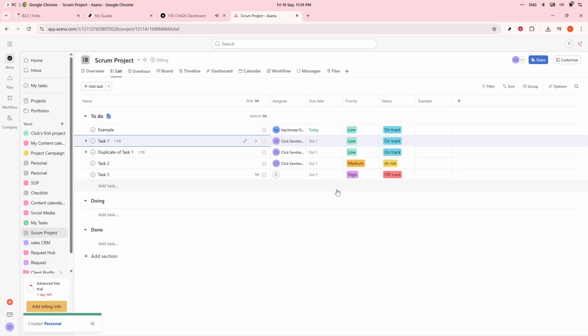Move all completed tasks to the done column and hold a review meeting to showcase the work to stakeholders. Document notes in a retrospective section, reflecting on what went well, what could be improved, and any action items for the next sprint. By following these steps,